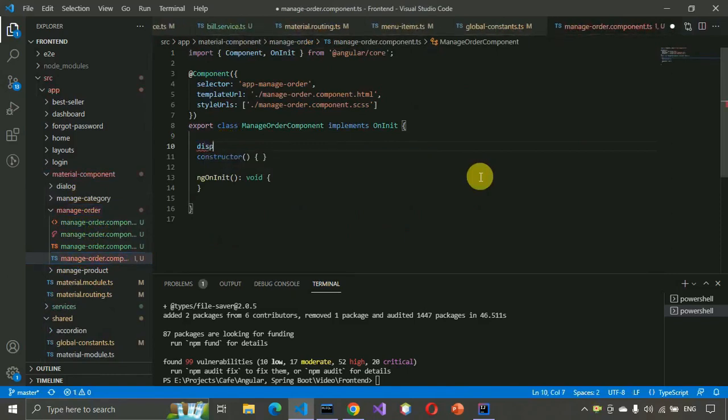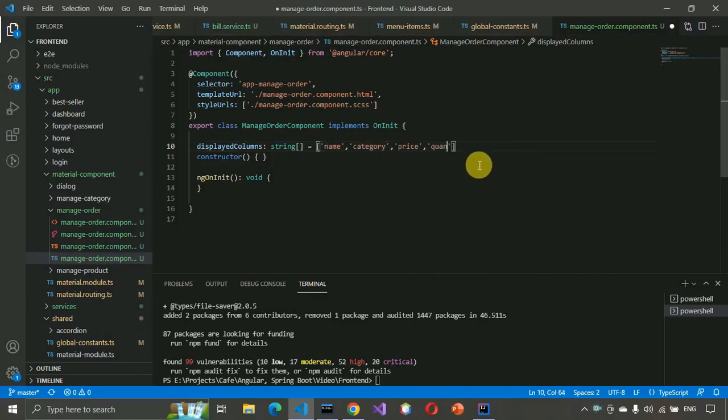So displayed columns, string array, is equals to name, category, price, quantity, total, and edit, this one,